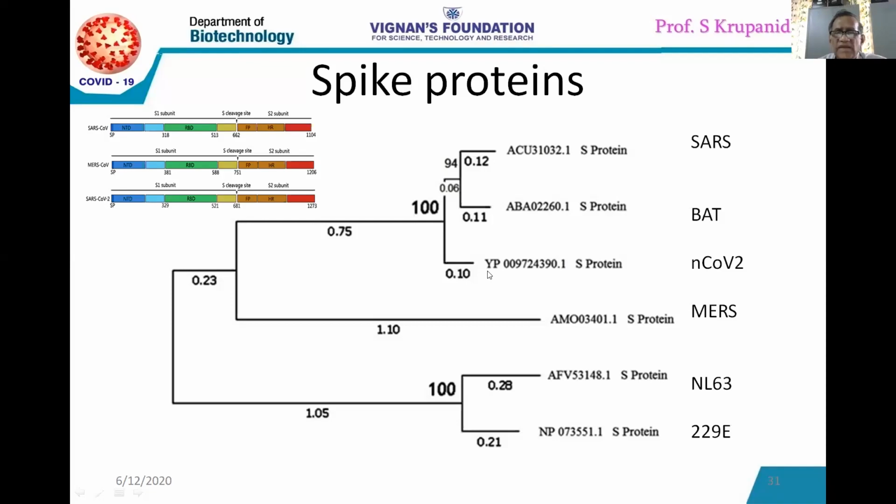The next ones are the alpha coronaviruses. These 2 alpha coronaviruses constitute one primary cluster. In this, I wish you all to focus on the branch length. See this length, see this length, see this length. While seeing all these lengths, the branch length of this novel coronavirus is short. This short branch length indicates that it is recent in its origin, and its relationship with the other coronaviruses will be shown here.